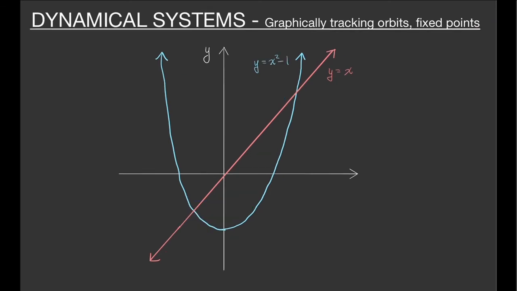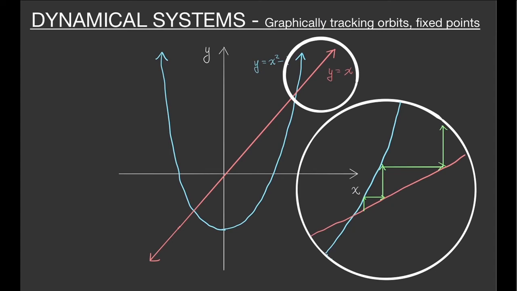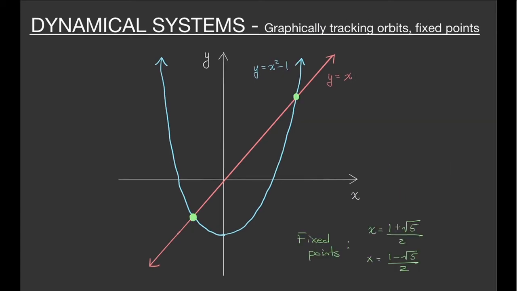Now suppose that we want to see what's going to happen in this region. We focus on it and then blow it up. If we start, let's say, in this region, we can see what's going to happen. We're going to move up, over, and so on. And that should continue forever, meaning these iterates are going to get larger and larger and larger, and just go off to infinity. Now, as we noted, there are two fixed points, 1 plus root 5 over 2, and then